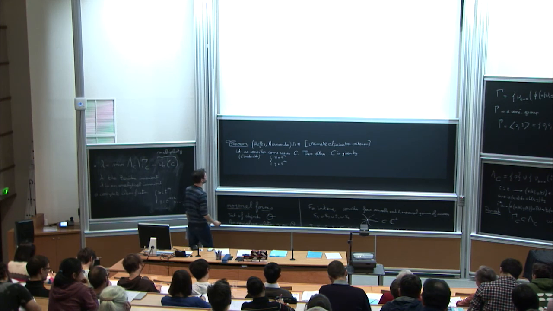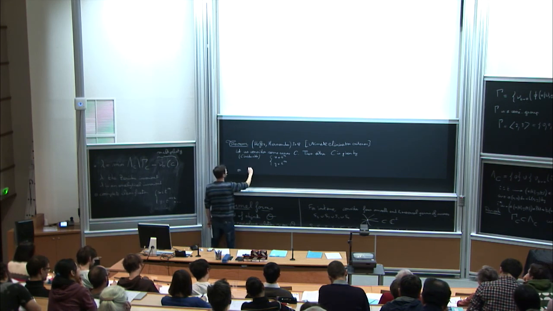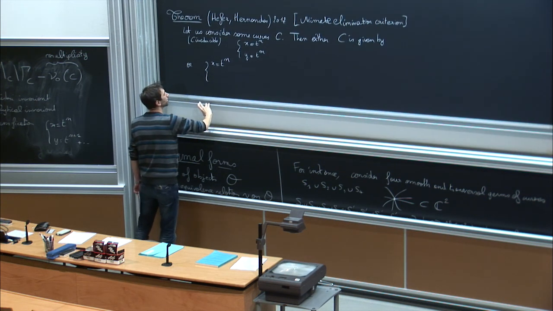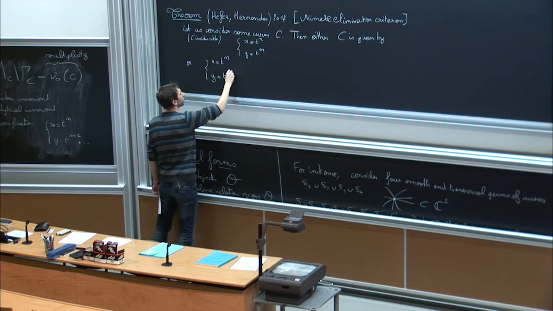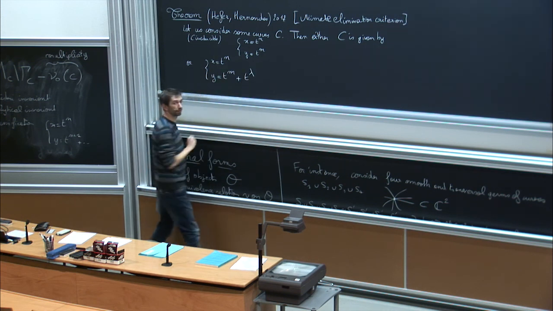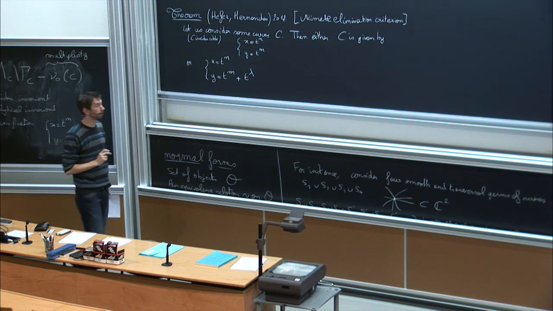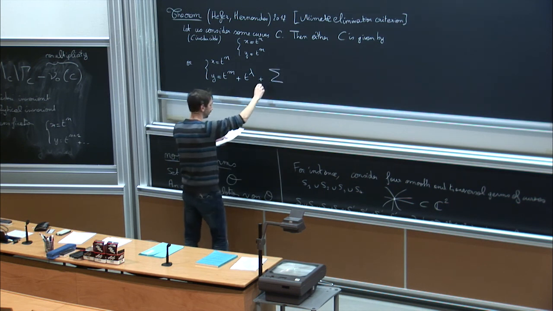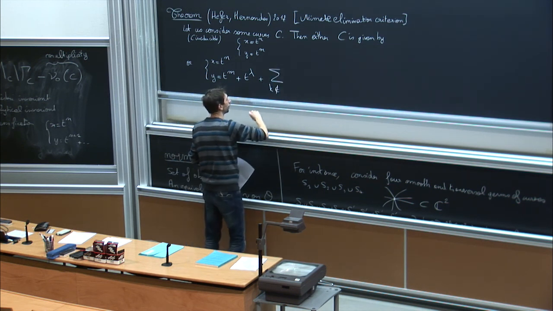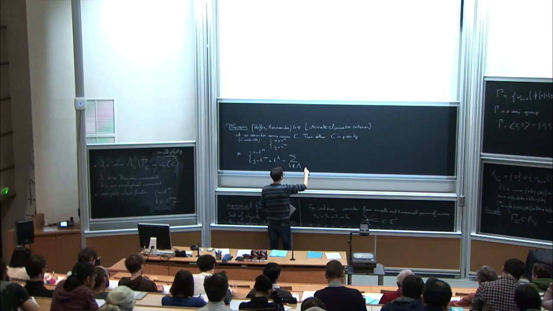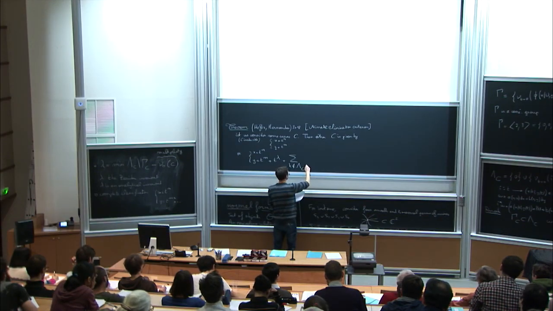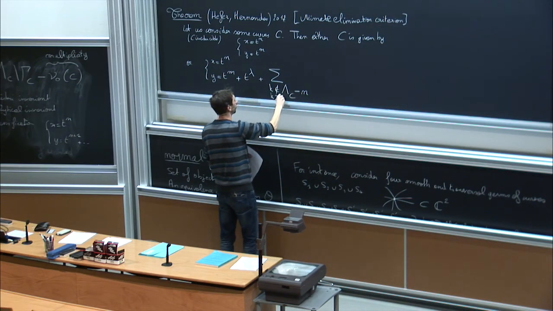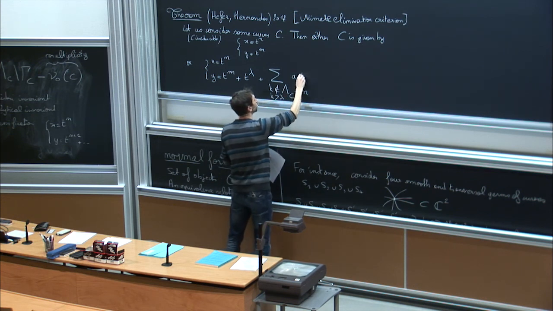Or of the following form: x equals t to the power n and y equals t to the power m plus t to the power lambda. So this lambda is precisely the Zariski invariant just introduced before, plus the sum over k, where k does not belong to the set of valuations of Kähler differentials minus n, and k strictly bigger than this lambda, of a_k t^k.